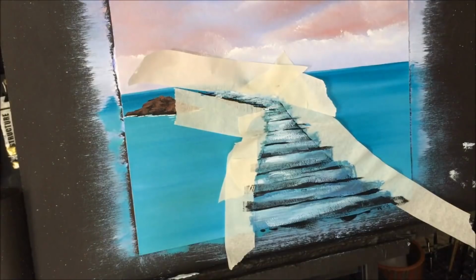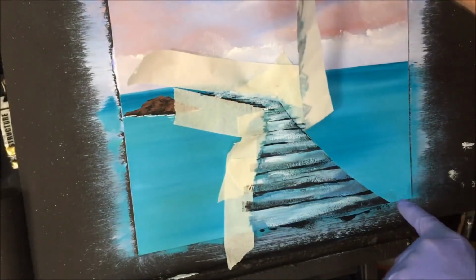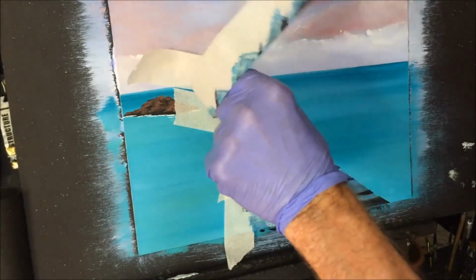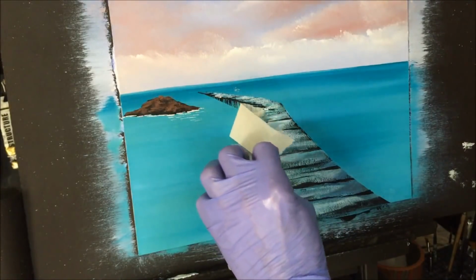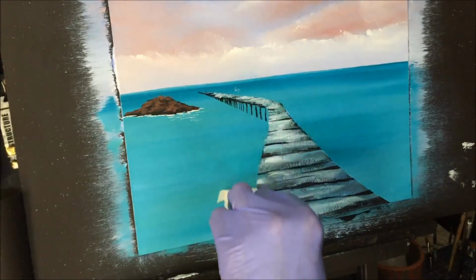Now let's pull that tape off and just see how our jetty's looking. Let's hope I didn't push it on too hard because you don't want to peel your paint off the canvas and ruin your actual painting. See, I've got to touch that up there. A little bit came off there. I'll show you how to do that. But there's our simple jetty